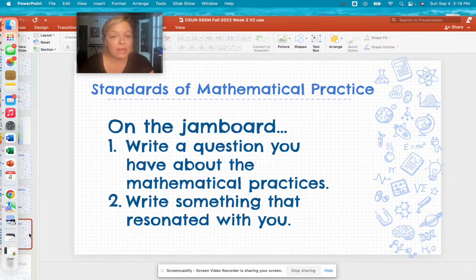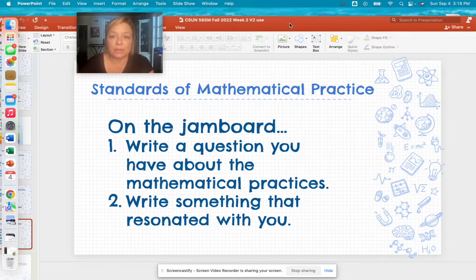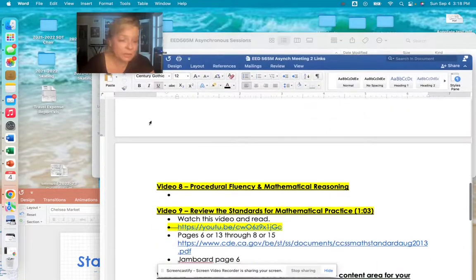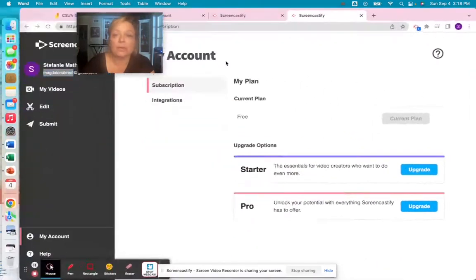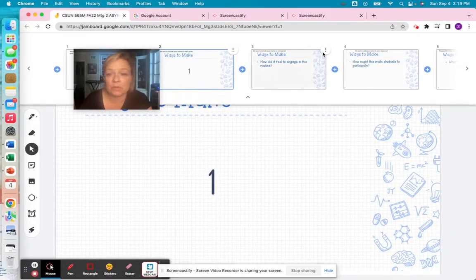And then go ahead and go to the Jamboard. And on one page, you're going to write a question that you have about the mathematical practices. And on the next page, you will write something that resonated with you. And so let me just get to that Jamboard and show you. Here we go. So you're going to be